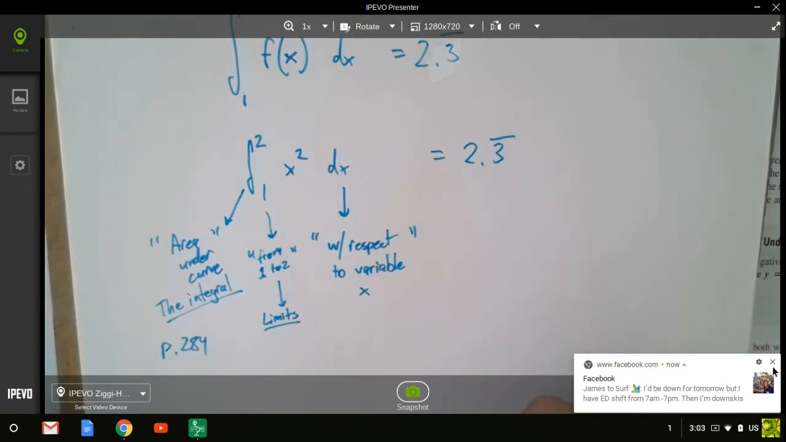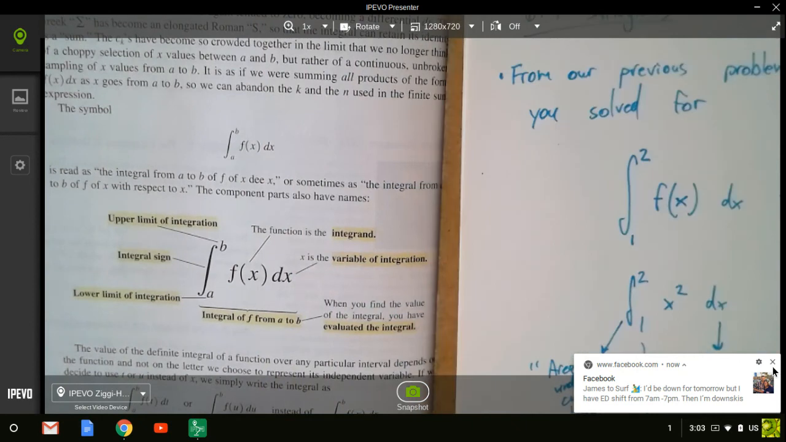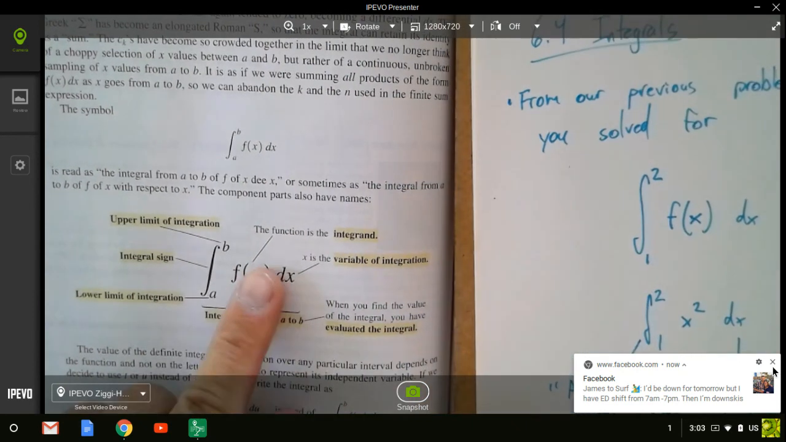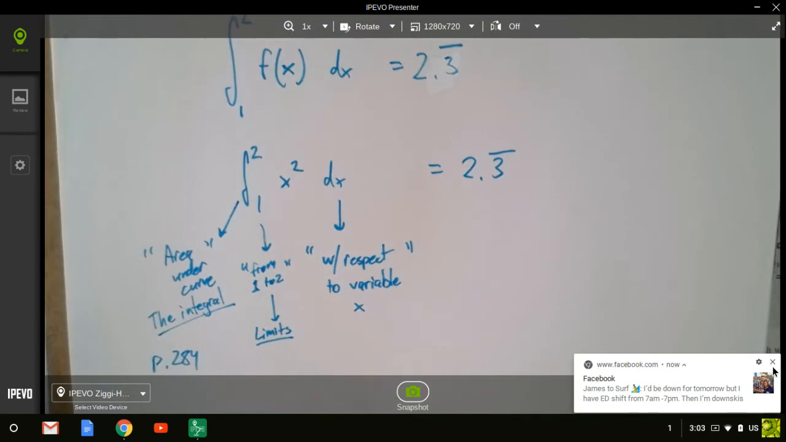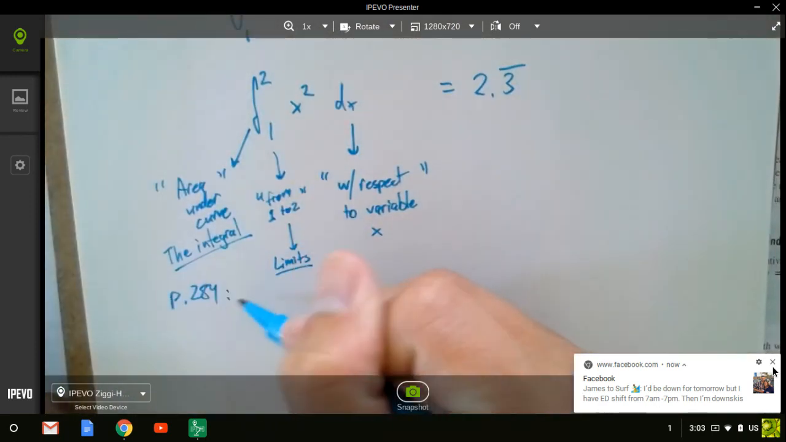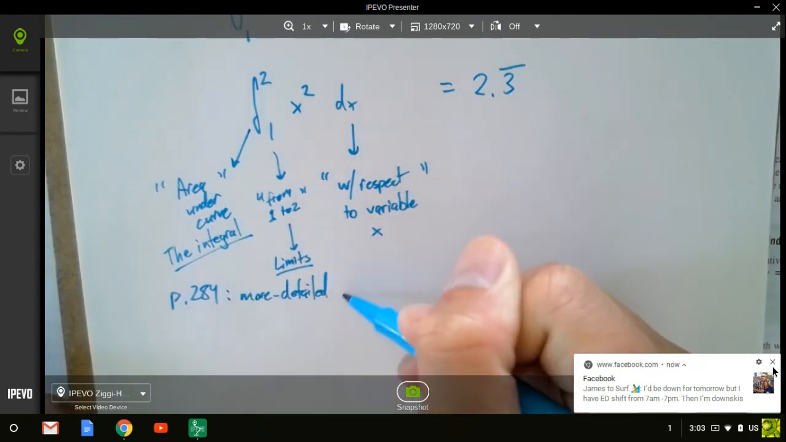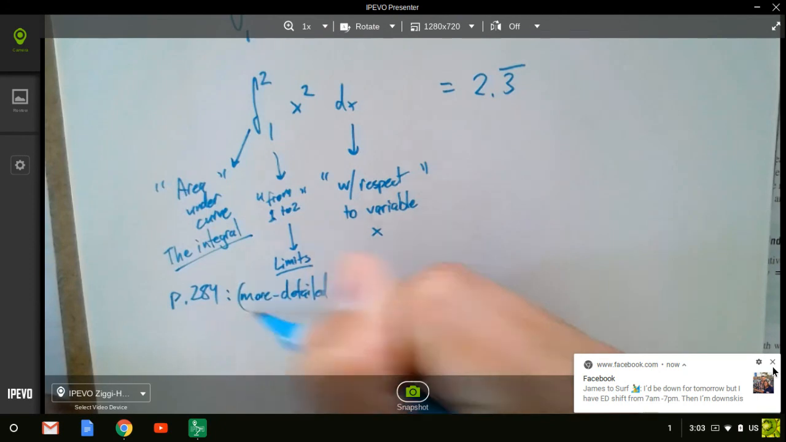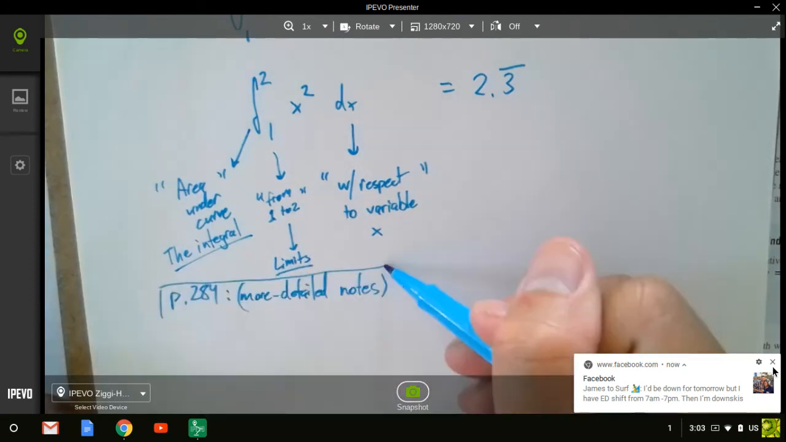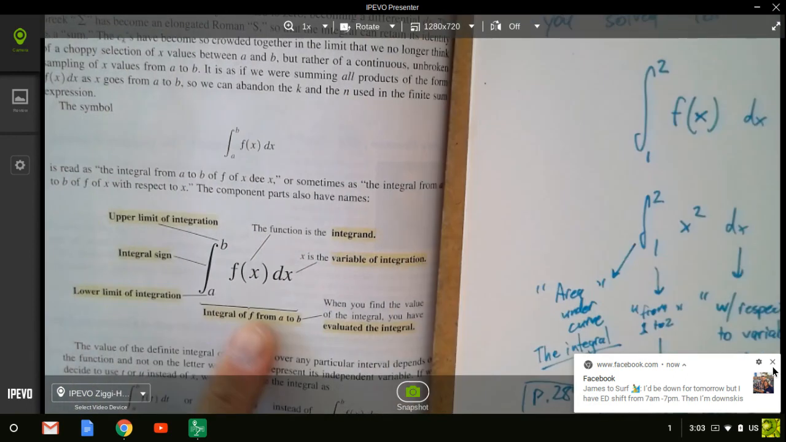That's it. So, hold on. If you want to know each piece, though, what it means, okay? This is technically called the integrand. So, that's what we got in our notes, right? If you want to be more specific, page 284 has more detailed notes in parentheses. I'll make a note to myself that on page 284 in your book, technically it's the integral, but that's